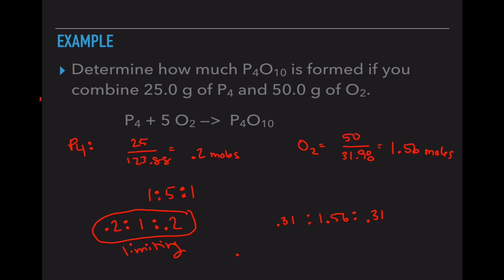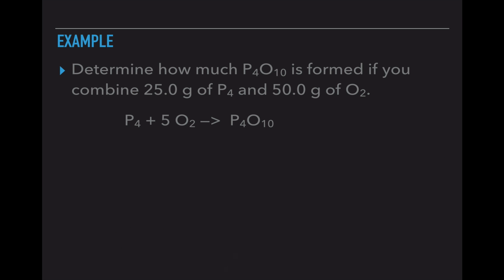So I want to remember 0.2, 1, and 0.2 for the next slide since I kind of ran out of space. So what I'm going to do is actually erase what's currently on the screen, and I'm going to rewrite 0.2, 1, and 0.2 as our limiting reactant. So we're asking for how much P4O10 is formed, and that's in this third spot, so I know 0.2 moles